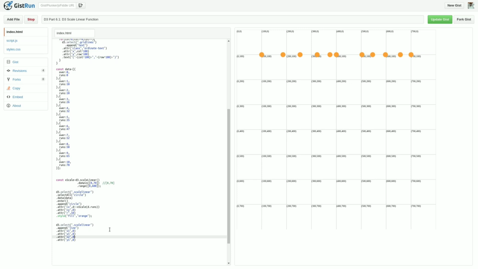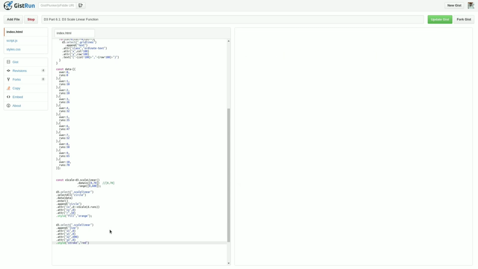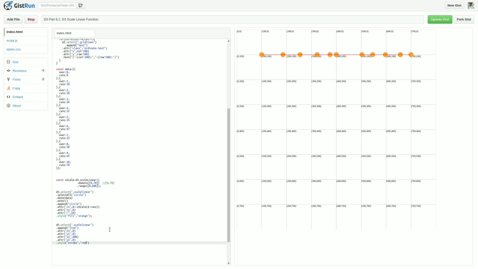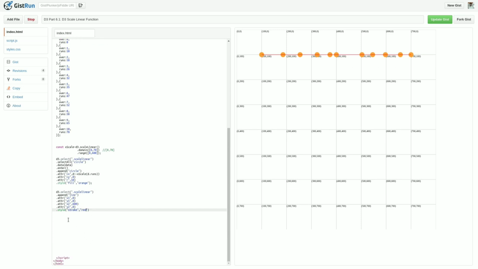So I will pass x2 as 600 and y2 as 0. Now dot style, stroke equal to red. So you can see that we got an x axis line in red color, that starts from this 100 point and goes up to 700, 100.